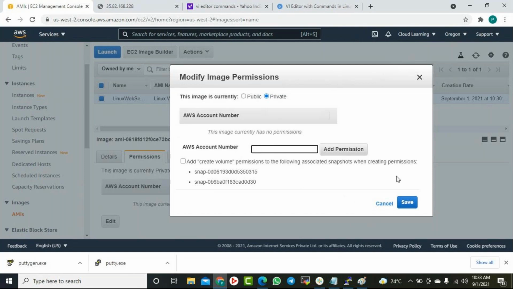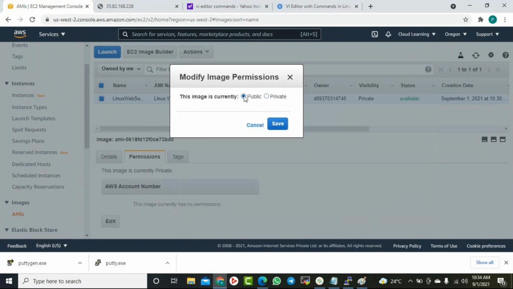So now if somebody wants the permission, then it is fine. If you want, you can tell me the account number and I will add you. So this way we can do it, or I can make it public so that anybody can access it. Prashant, any security concerns giving an account number? No. If you give permission to just your account number, there is no issue. With an account number, nobody can do anything unless they have your root account and all such things. There is no issue.